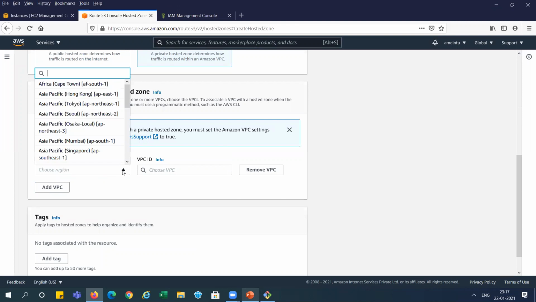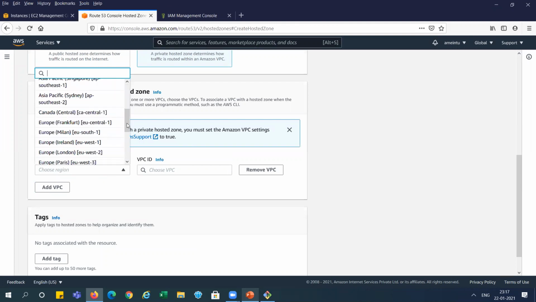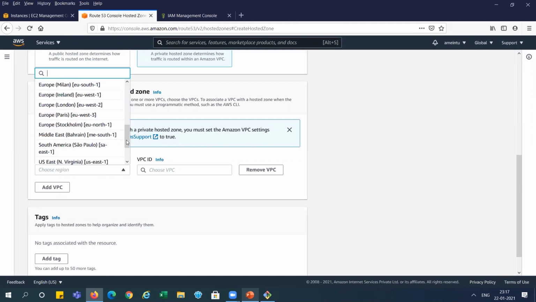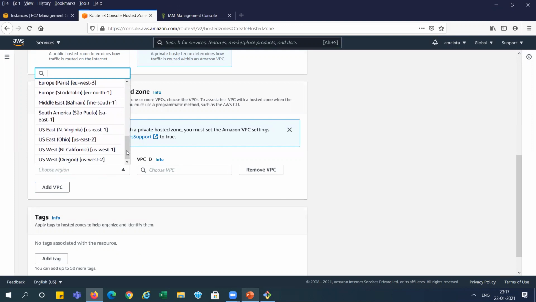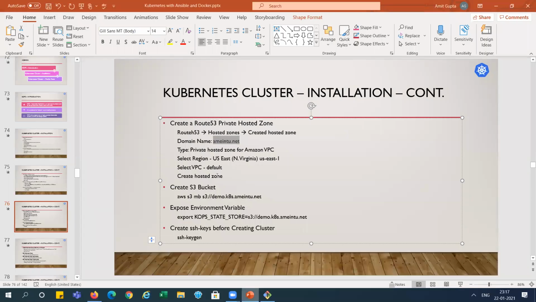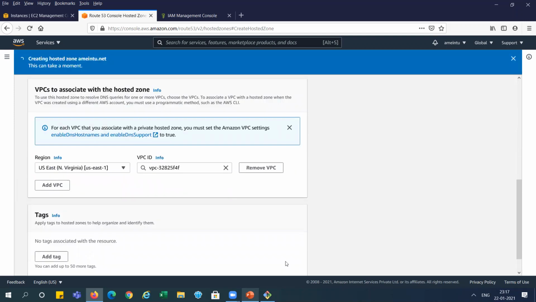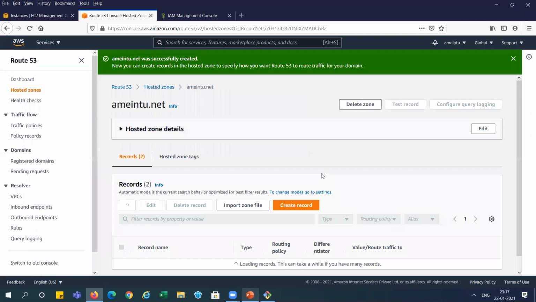Our region is US East 1, North Virginia, and this is selected by default VPC, right? You can see I selected US East 1 and the default VPC and create hosted zone. So it will create the hosted zone.